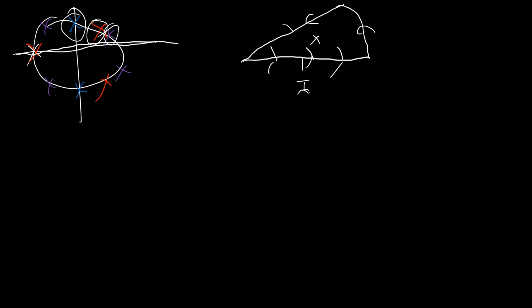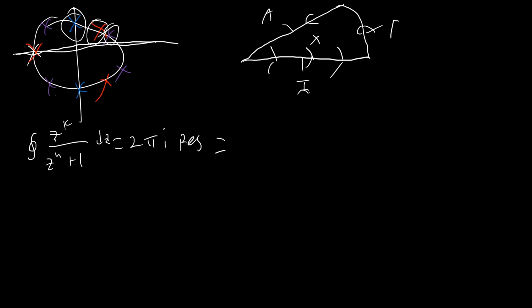This I'm going to call, I don't know, A. It doesn't really matter. And this I'll call our gamma integral, right? So the integral of z to the k over z to the n plus 1 dz equals 2 pi i times the residue, and equals the gamma integral plus I plus A. So the first thing we're going to do is really quickly show that the gamma integral